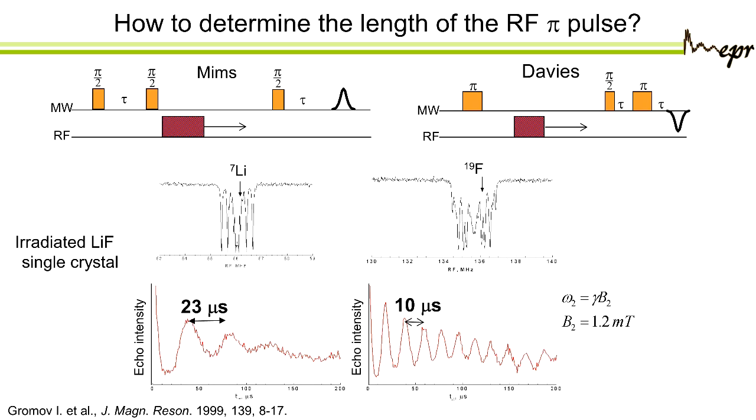Yeah? So then on the left, you see for the lithium that it oscillates. If you Fourier transform, you get your omega 2, and from this you can see what should be your pi pulse, right? So for this one, you can put it, I think, maybe 20. And now, if you do it for the